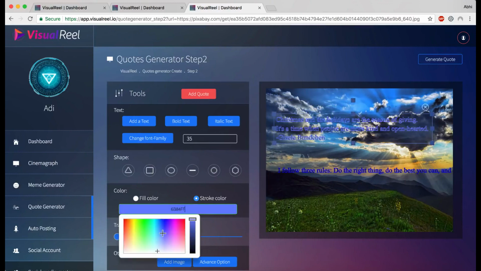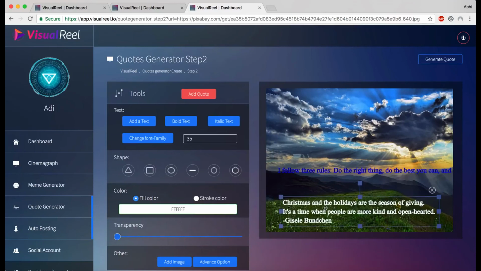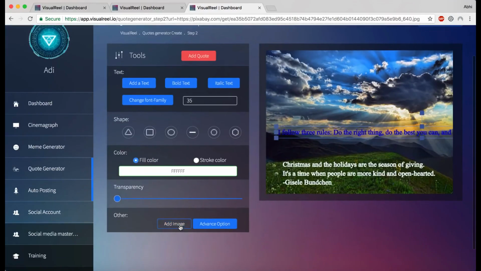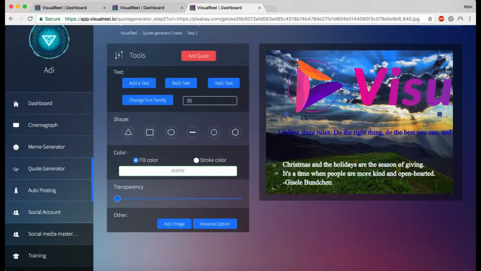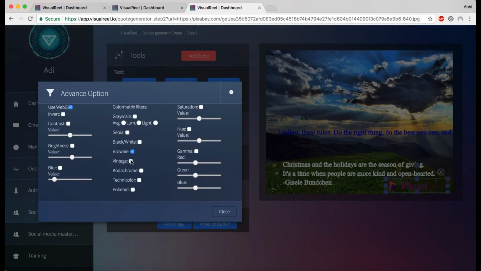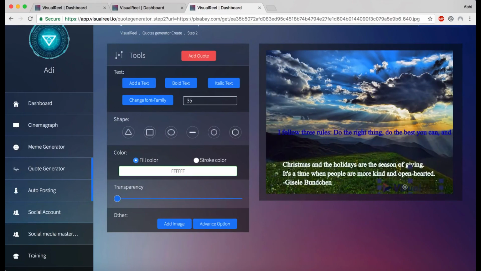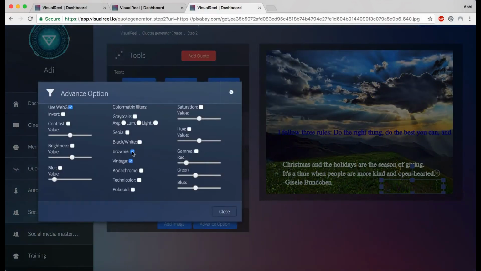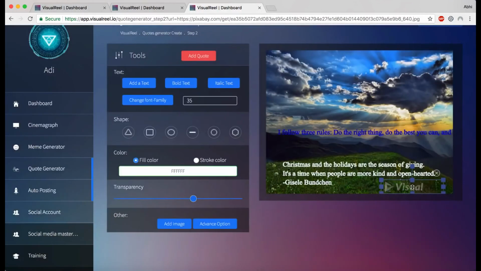Try and add a white color to it, just make it the whole white. Right, so you can have the quotes here, everything is working perfectly fine. Let me try and add a watermark as well. It's right over here. Let me add some of this. So the advanced options are working. I can make it transparent. I can remove these advanced options if I want. Black and white, right, like this.